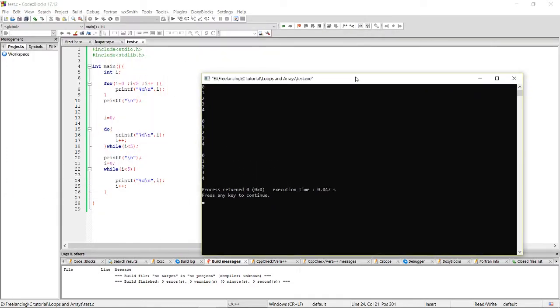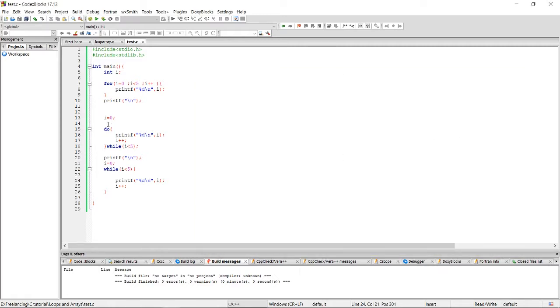Take a look at this. It prints the same thing again. So these are the three types of loop. But before I move on to array, I want to tell one thing about do while and while loop. There's a difference between do while and while loop, and the difference is